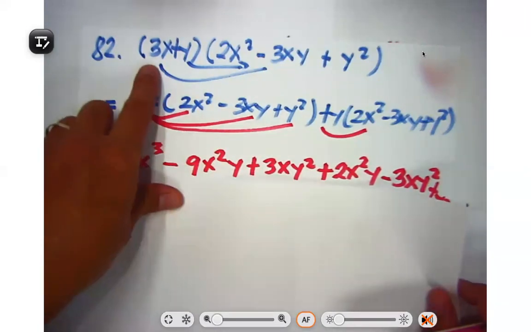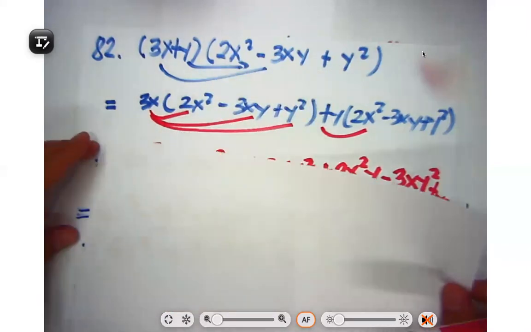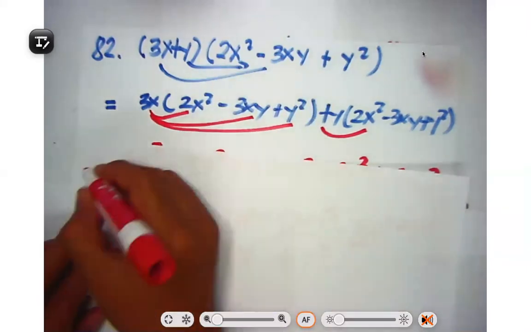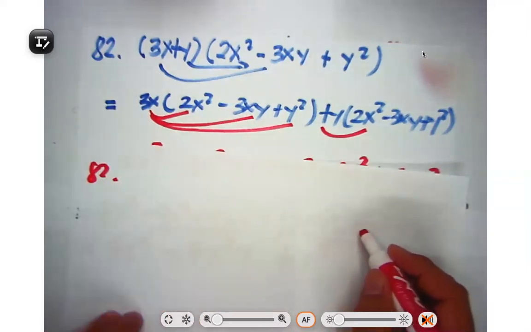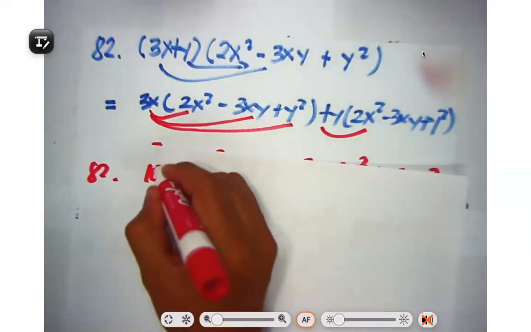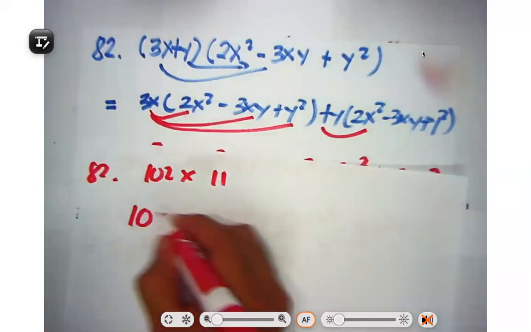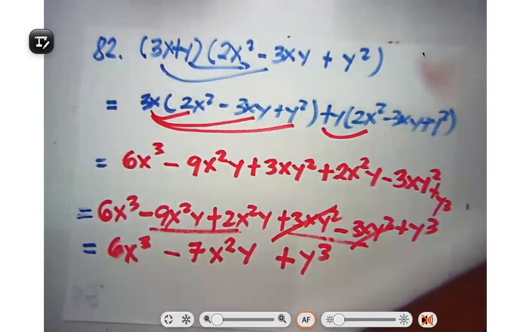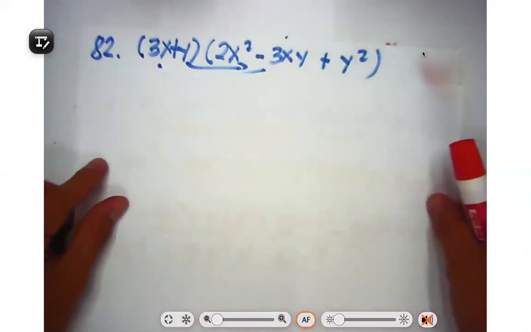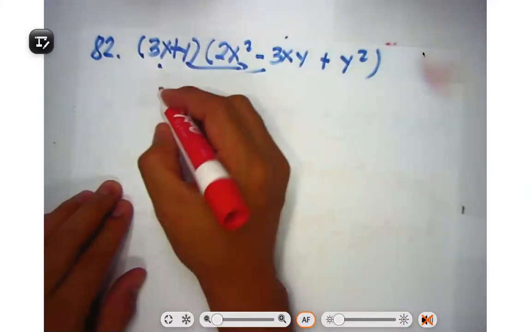So for instance, you have 3x plus y times 2x squared minus 3xy plus y squared. You can actually multiply this using this method, like what you do in multiplying whole numbers, right? When you multiply, say, 102 times 11, what you do is rewrite it as 102 times 11, right? Same thing here. You can do it that way. So if you have 3x plus y times 2x squared minus 3xy plus y squared, you can multiply it as,